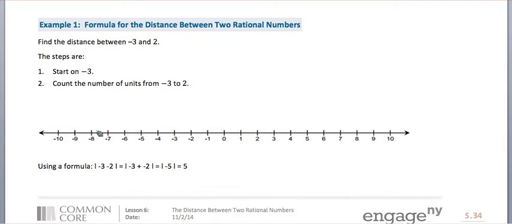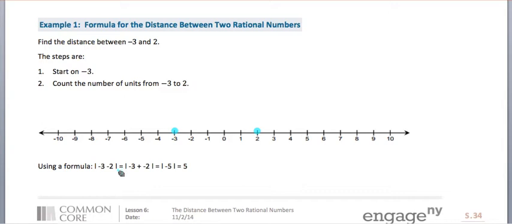So when we graph the two numbers on the number line, starting on -3 and going to 2, we can see that it's 5 units, but mathematically the formula would be -3 minus 2,